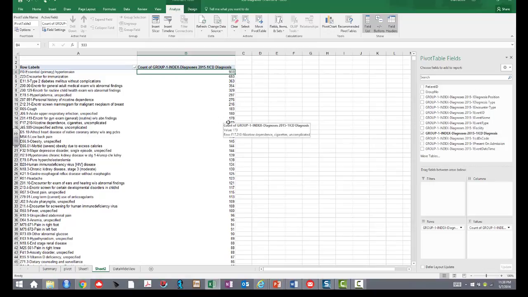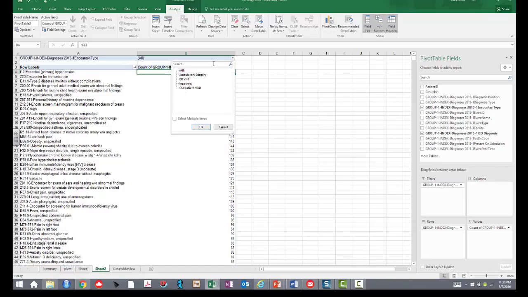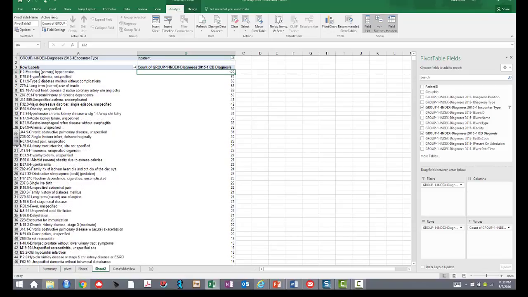Here they are. If you want to break down the location, go to encounter type, you put it in the filter field, and now you can say I want to look at all the inpatients and see the most common diagnosis. It's still essential hypertension, but then we might want to find out